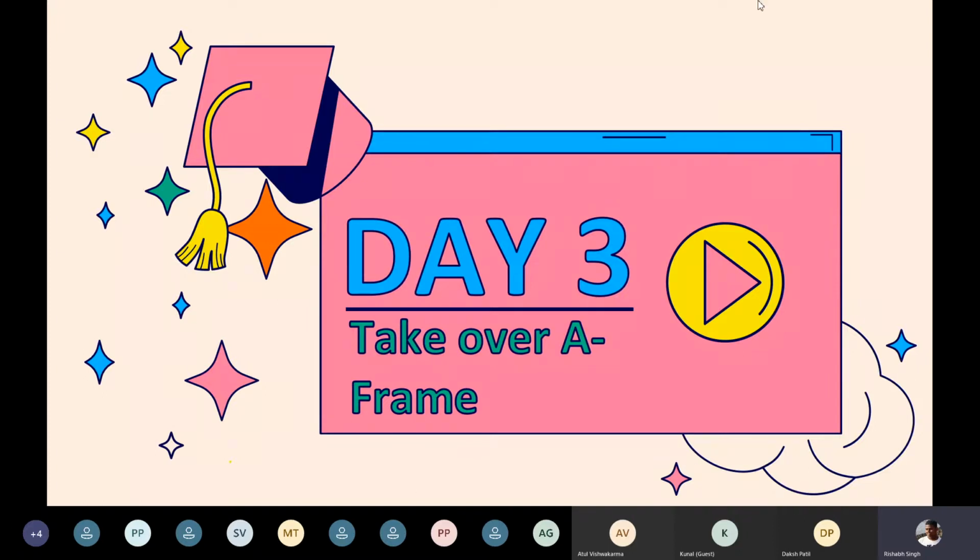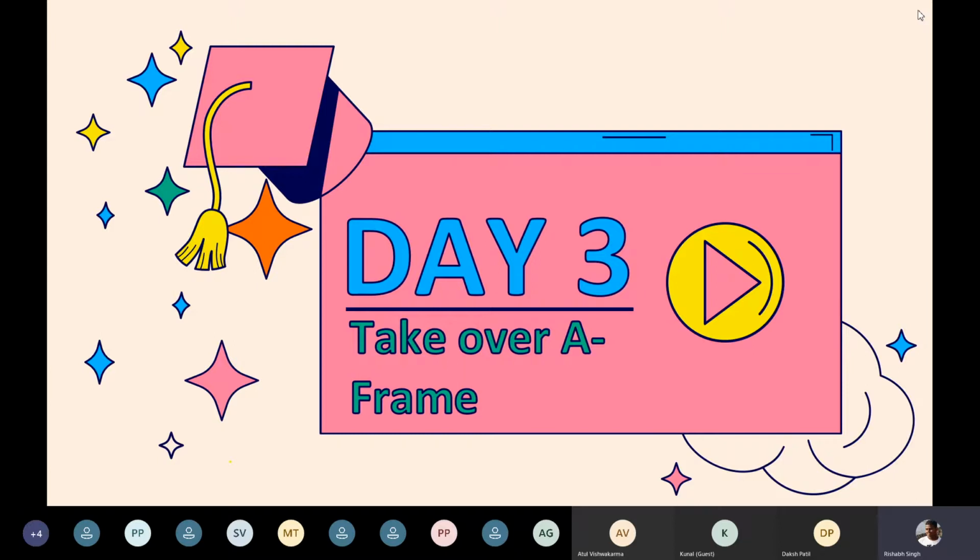Let me just close this PowerPoint and we can then start. Okay, it's closed. Actually, someone yesterday asked me if we have to install some other software or not, and I answered no, but actually we have to install one more software, because what I found is that A-Frame is based on a web server and you need a server to work on it, and for that you have to install one software.